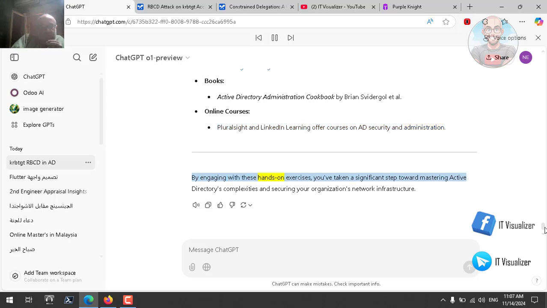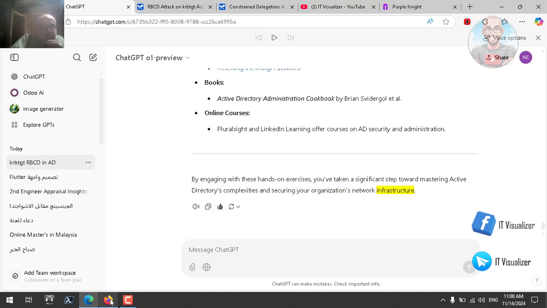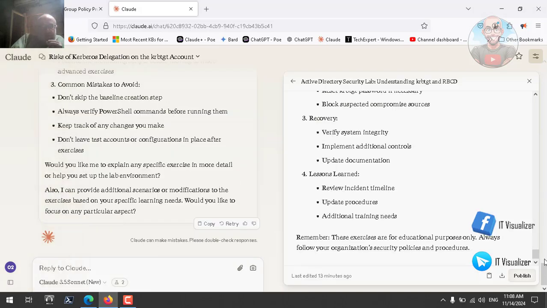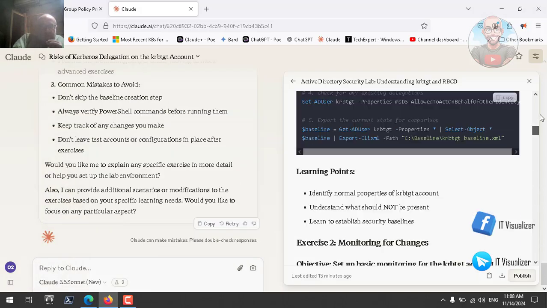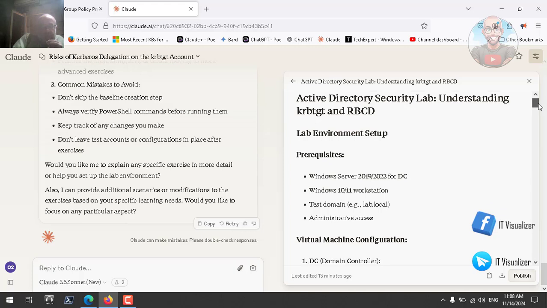By engaging with these hands-on exercises, you've taken a significant step toward mastering Active Directory's complexities and securing your organization's network infrastructure. Perfect answer from my point of view. If we go to Claude and see his answer, if we go there, we will see here he is giving